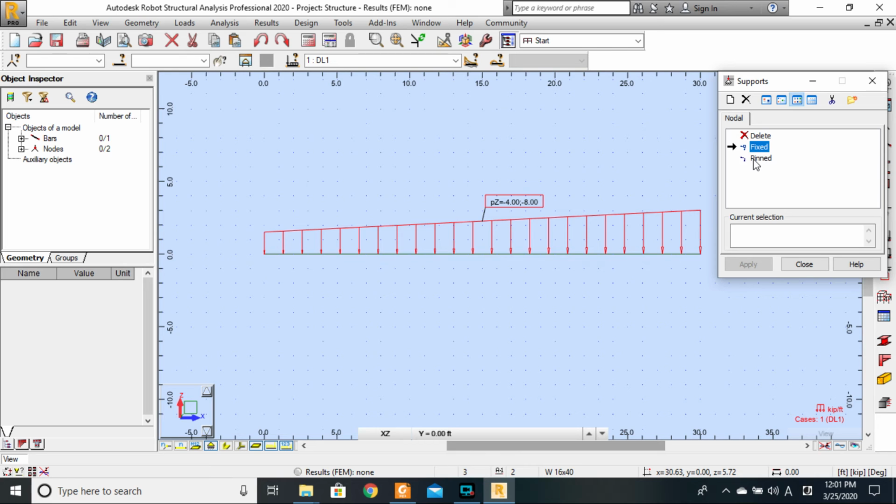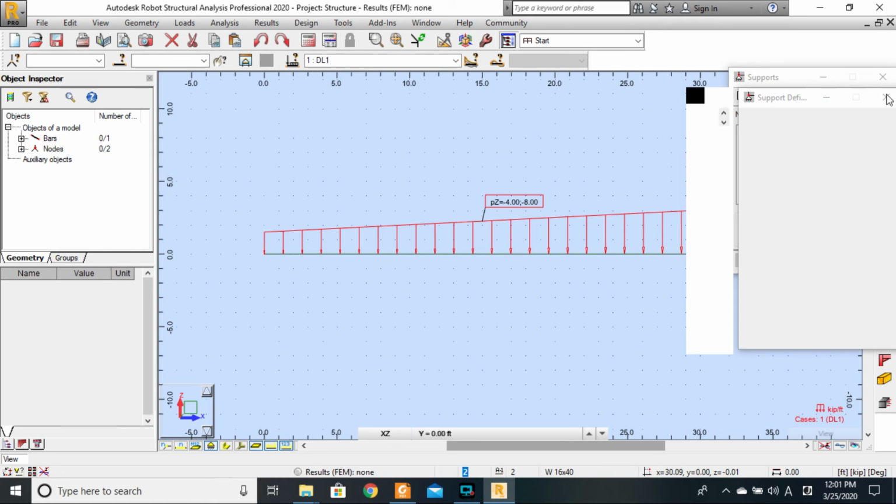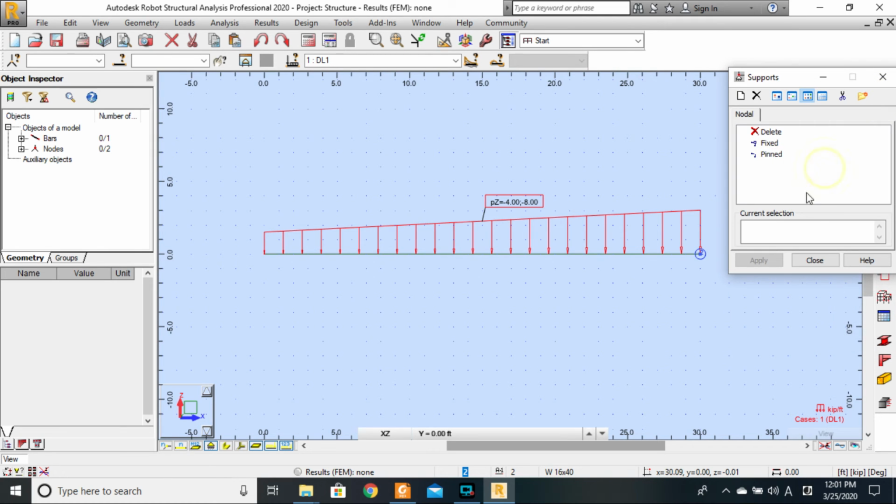We have a pin support, right? The pin support is supposed to be applied where? At the level of node 2, right? So I'll just go right ahead. I hope you see what I did. This is the list of available supports. You select one, the one that you want. You make sure that